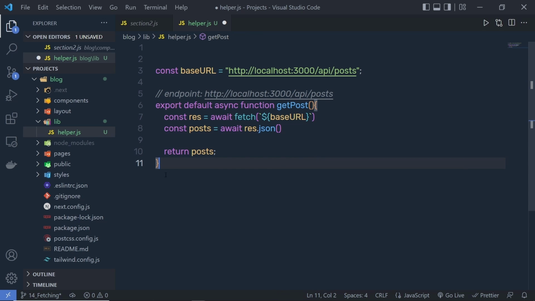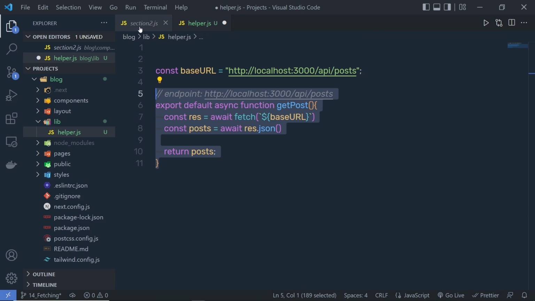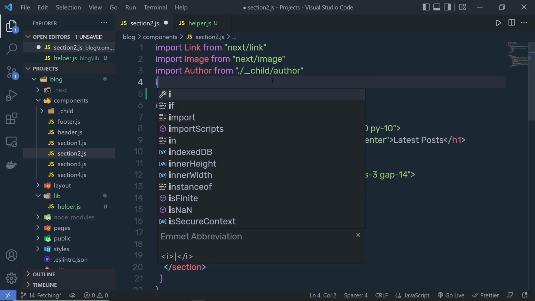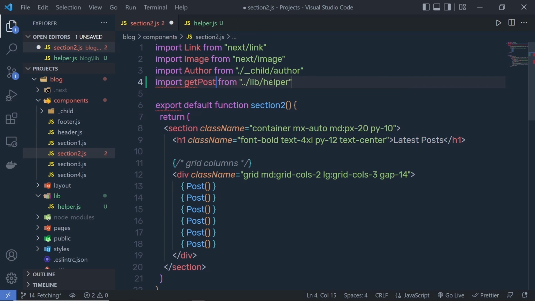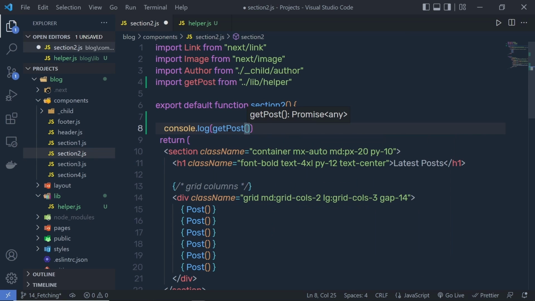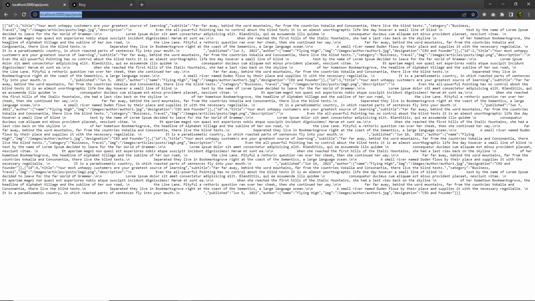Now if I access this function in the second section right here, I can get all the data of this endpoint. Let me show you. Let me save this and go back to section 2. At the top here, let me first import getPost, and I can just copy this. And if I just say console.log getPost, when I save the changes back to my project,